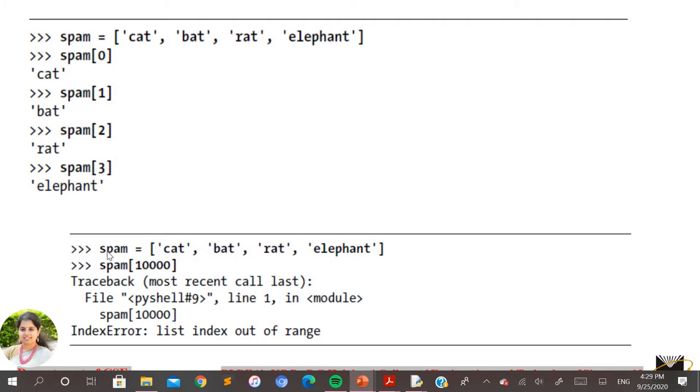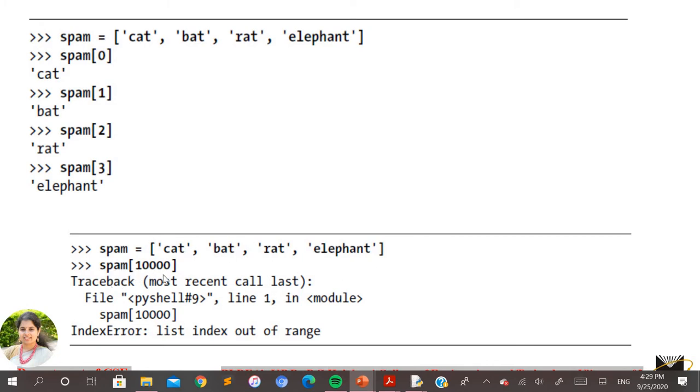In this spam variable, you can see how many elements there are. You have the element at the 0th position, the 1st position, the second position, and the third position. That means at most with the index value 3, you will be able to access the elements of this list variable.